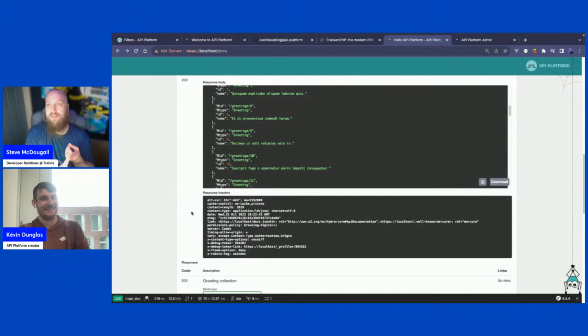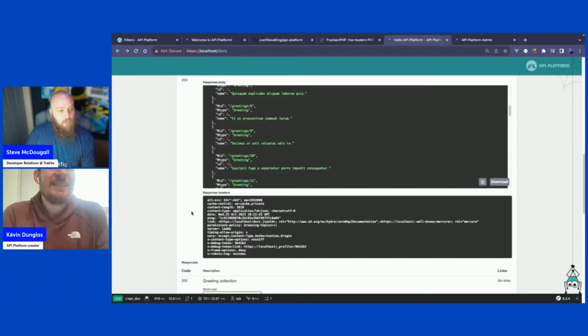It's easy to use. It's straightforward. Most of it can be done from the command line. If you want to add additional logic and functionality, you can. I watched a fantastic video, I think that you gave, on DDD and API Platform and how you can achieve that. And it showed, this is a default API Platform and here's how you can change it and why you can change it this way. My job here is done.